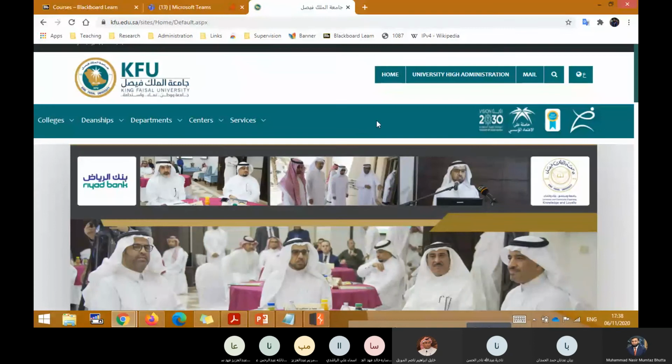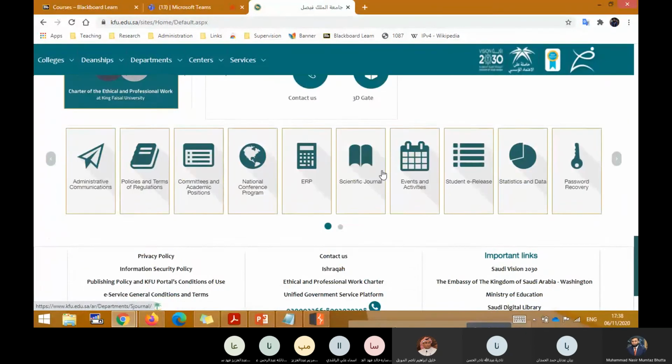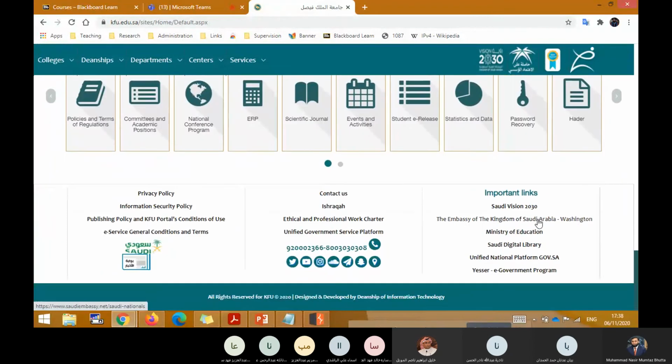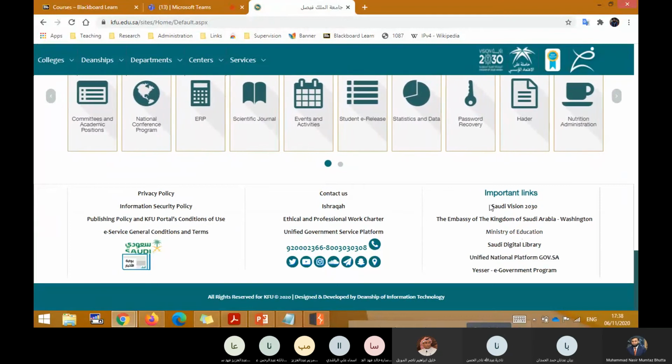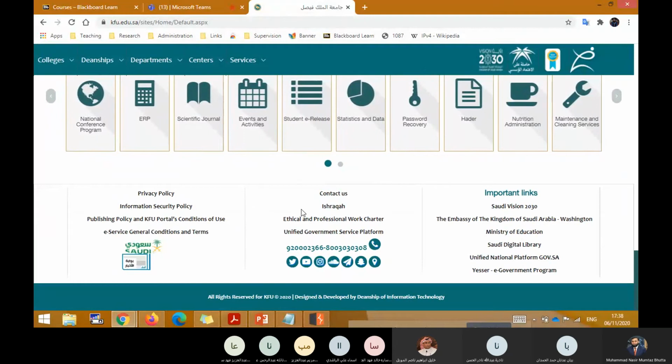And what you do, you find out the usernames, the email addresses. You find the email addresses, because most probably if you remove @kfu.edu.sa, the same word is the username.